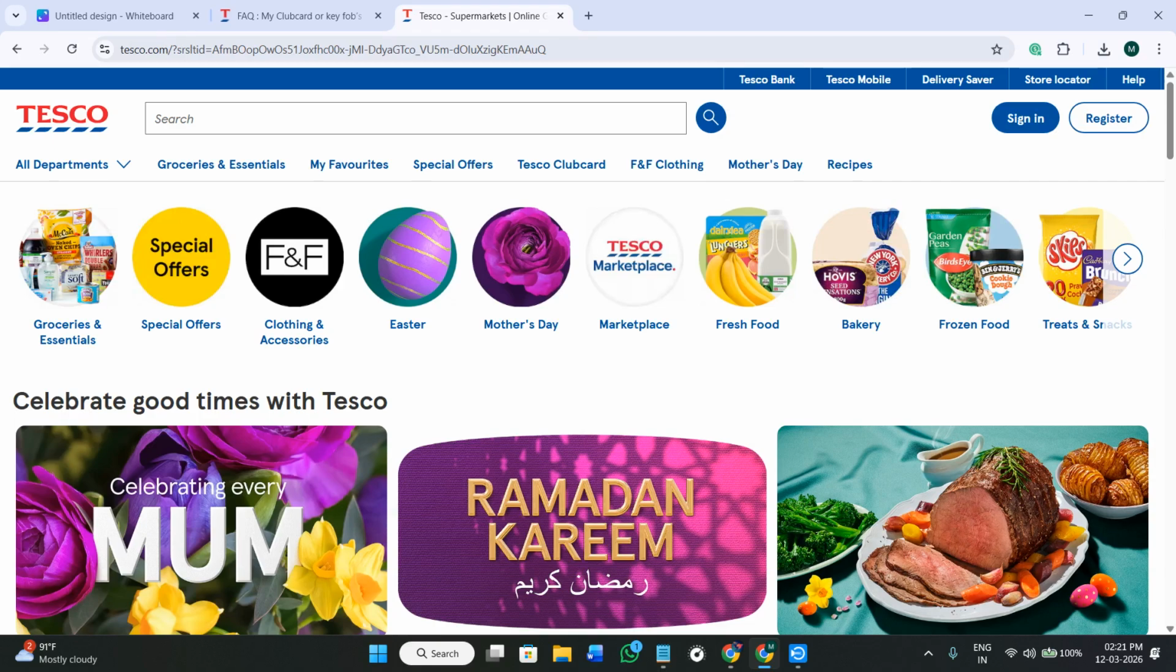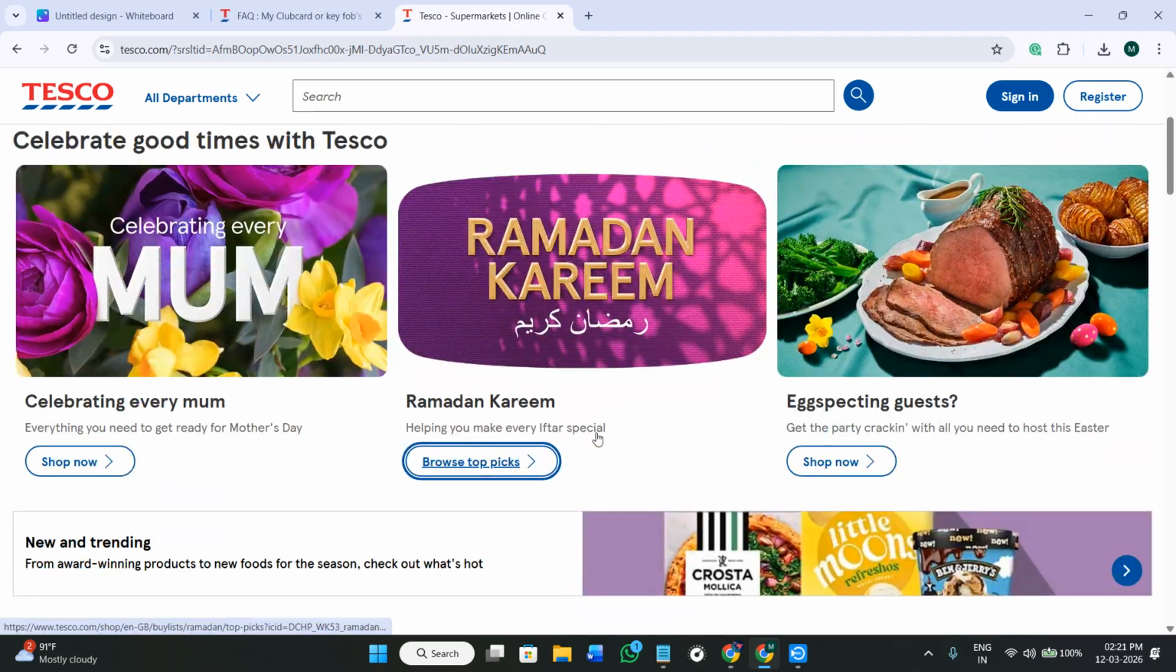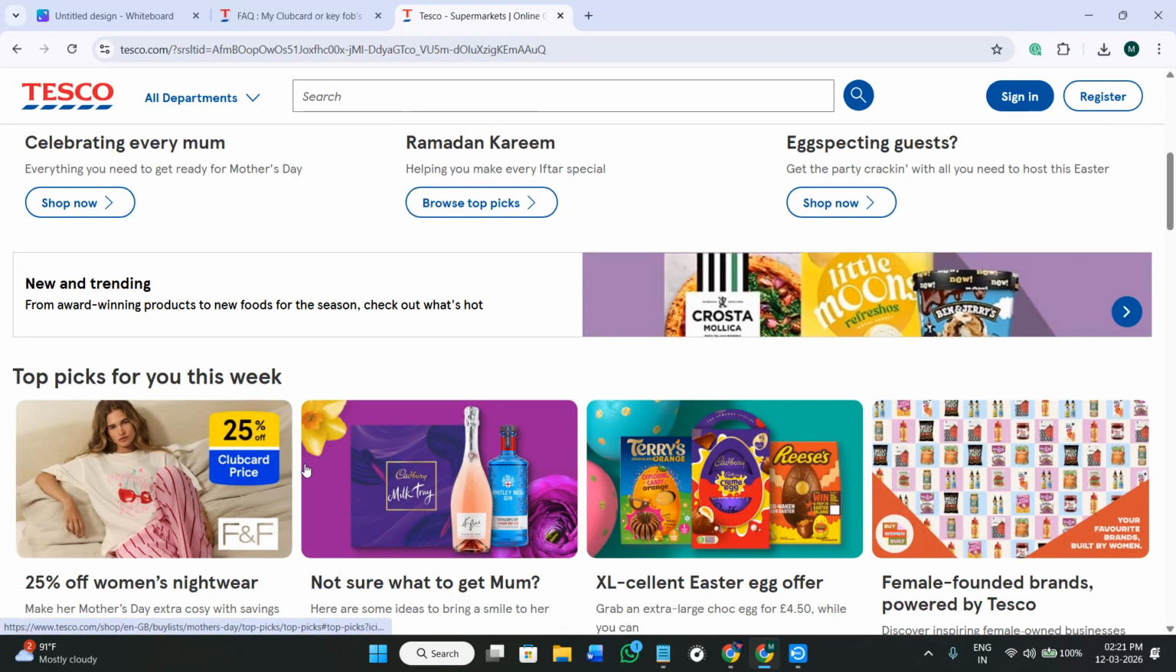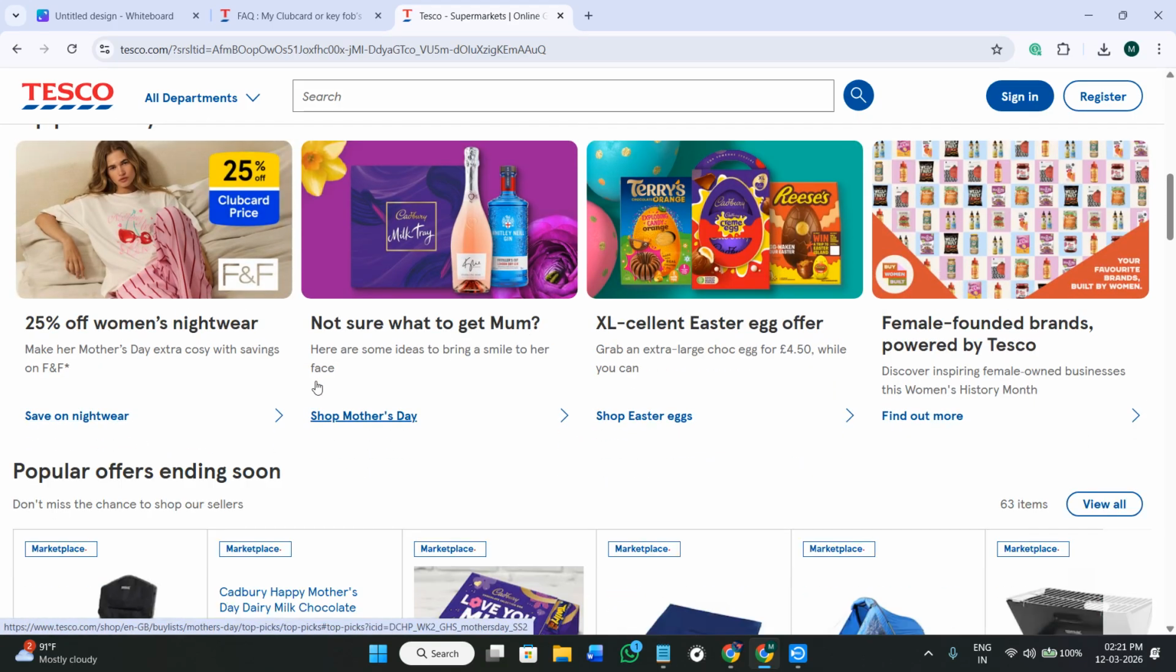In today's video, I will show you how to redeem a Tesco gift card online or in the application in 2026. Now, a Tesco gift card can be used to pay for groceries, clothing and other items. So if you are shopping through the website or mobile application, you can apply the gift card during checkout by entering the card code. So first of all, you need to open the Tesco Groceries or the Clubcard application,